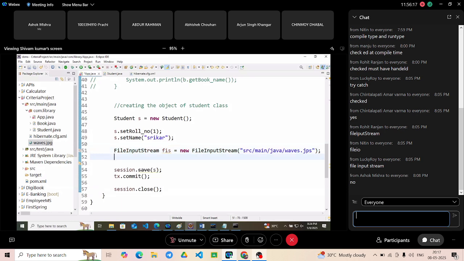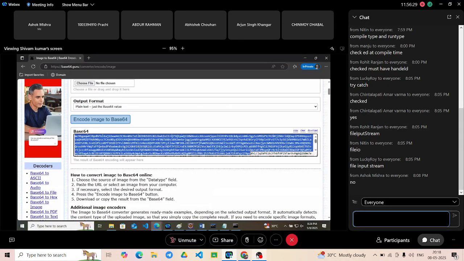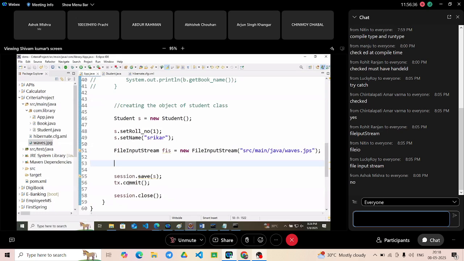It will load the image. After loading the image, I will convert this entire image into its base 64 value, which is an array of multiple characters. So here I will say that there is a byte array whose name is data, equals to